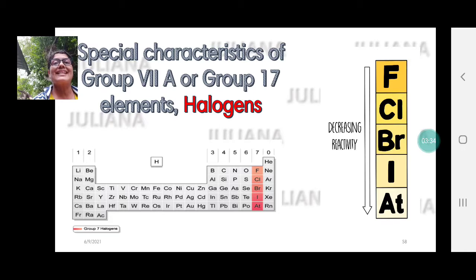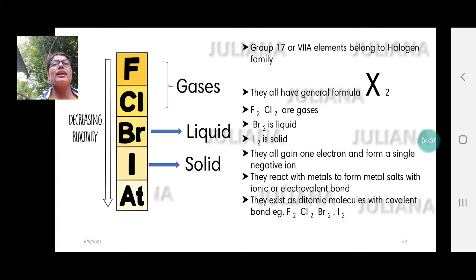Now group 7, that means there are 7 valence electrons, right? What will be the valency then? Yes, the valency will be 1, -1. So fluorine becomes a -1 ion, chlorine forms a -1 ion, bromine, iodine, astatine, they all form -1 ions. And when they form an ion, you remove the ending and put the ending -ide. So fluoride, chloride, bromide, iodide, astatide. This is the way they form compounds.